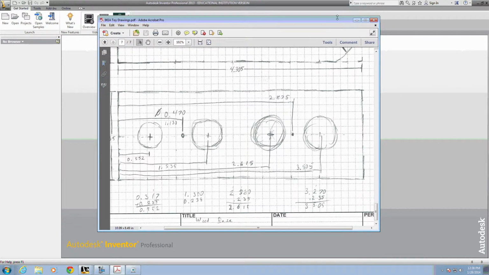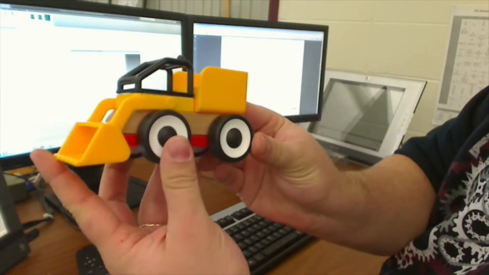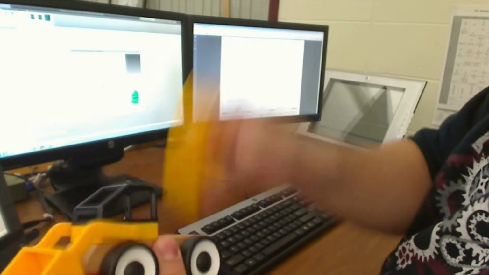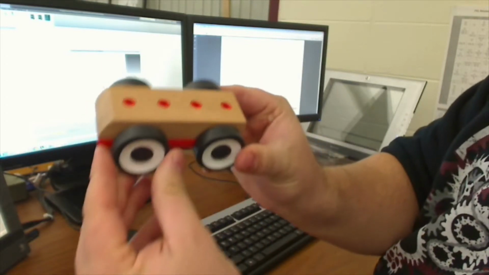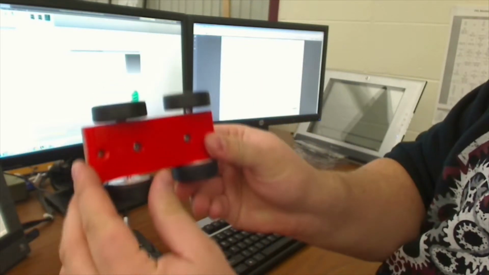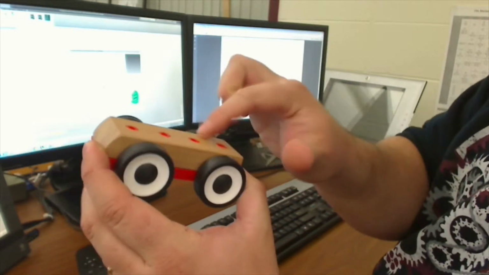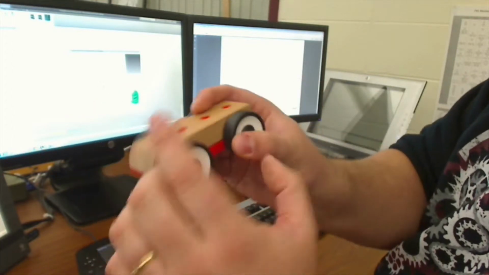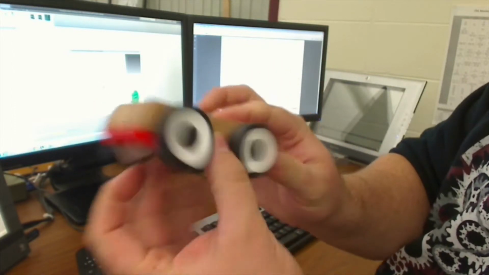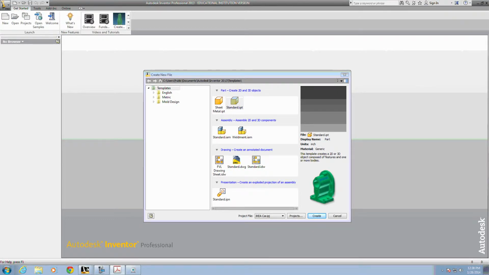So I'm going to start with the wood base for the car. If I take off these top pieces, you can see that the wood base is connected to the plastic base with some screws, and the wheels are connected in there. I'll start with that wood base as the part I want. It's just basically a rectangle. It's got this bull nose on front of it. So I'll start with a new part file, a standard IPT part,